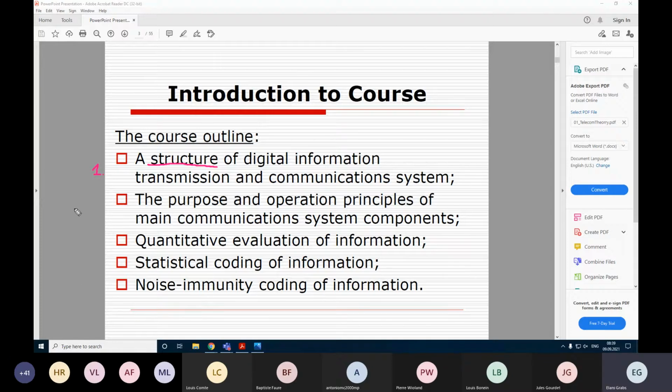Now, during this course, it's not only today, but basically over the entire duration of this course, we'll talk about the purpose and operation principles of each of these components, making this entire system. And even so, we'll not go into much detail for some blocks, for some components. For other components, we will be very detailed and very specific about some details, yes, but these blocks can be